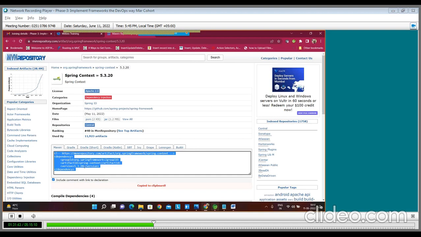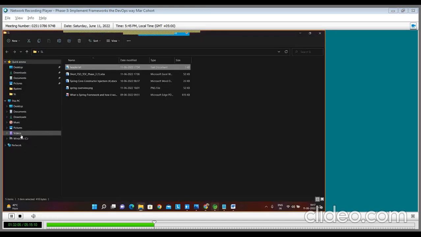So what is the role of Maven? Before Maven we had ANT, another tool. Maven is a build tool. We can build Java projects, we can build web projects. And through that we have concepts like adding the dependencies. Once we add the dependencies, they will be downloaded to my local system in the user